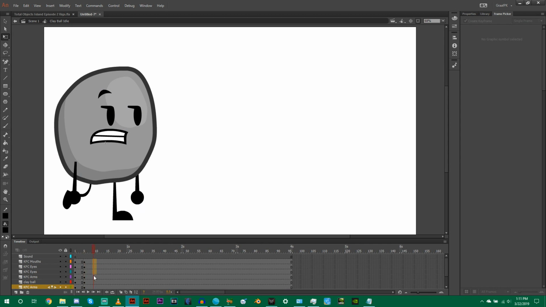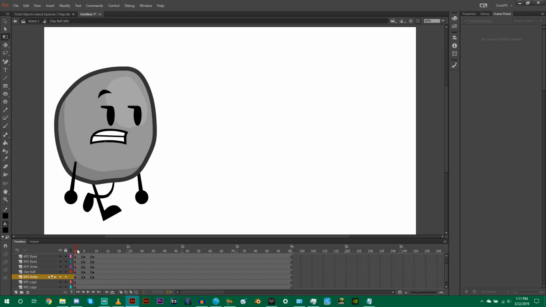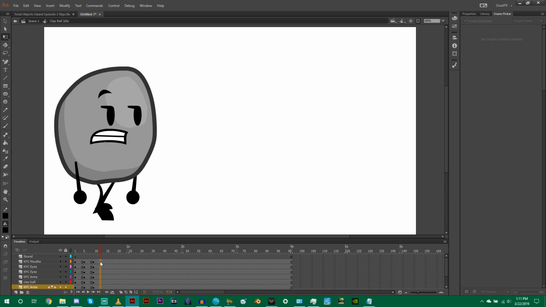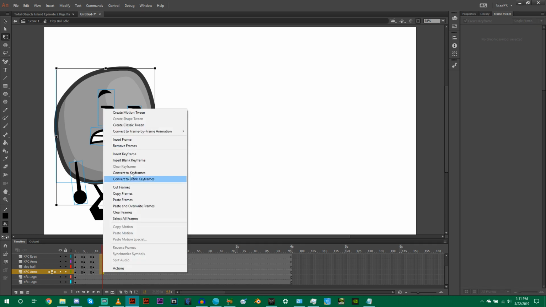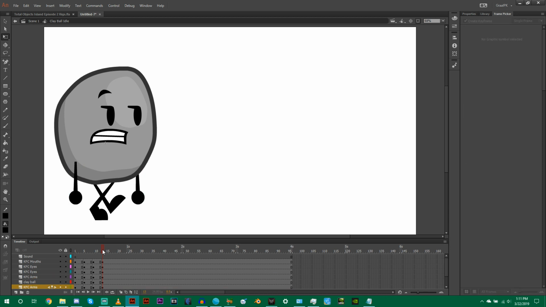Around frame 9 you make it this frame. Frame 13. At frame 13, do this. And at frame 17,